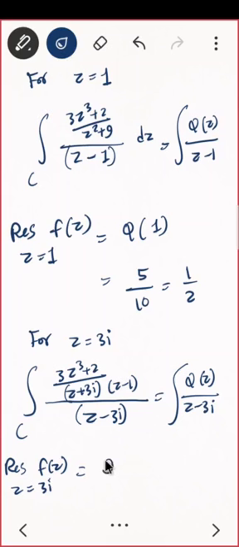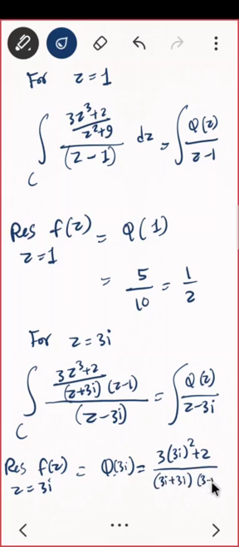So the residue of f of z at z equal to 3i will be what? Just phi of 3i. Do not confuse, this phi is different from that phi. I may use phi 1, phi 2 and write it that way, that would also work, but that will make you feel it is different. So let us put it like this. What will phi of 3i be? It will be 3 into 3i cubed, plus 2, divided by 3i plus 3i into 3i minus 1. Because here also it was a pole of order 1 only, correct? So you calculate this the same way and you get that answer. You get the value of the residue.